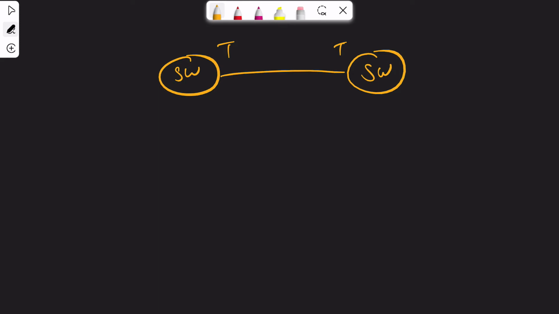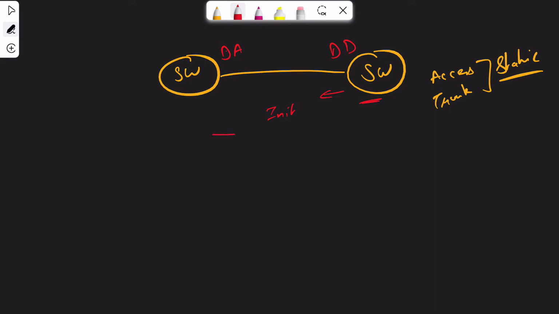But in both access and trunk, this is a static configuration that you are doing. This is not a dynamic configuration that is going to happen. For dynamic configuration, if one side is set to dynamic auto and one side is set to dynamic desirable, in this case what is going to happen is this switch is going to send an initiate message to the other side and the other side will respond back